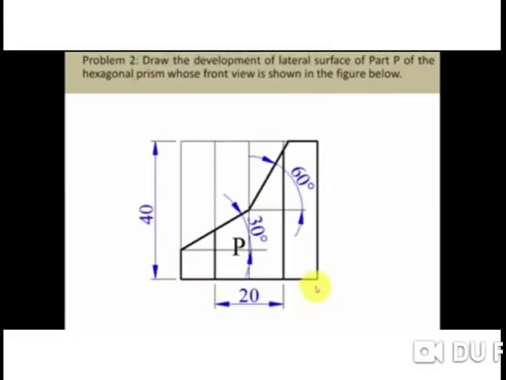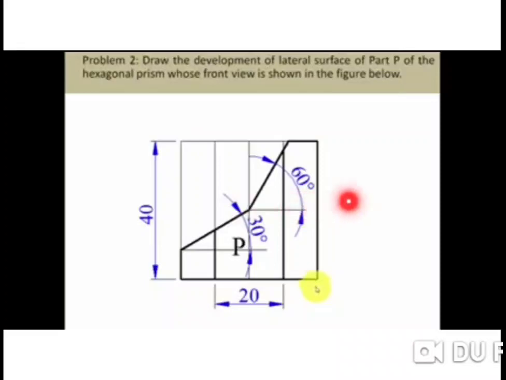Here is the base of the hexagon, here is the top face of the hexagon. How many vertical lines are there? 1, 2, 3, 4 and 5. This is the center line. This is not shown dark. Only 4 dark lines are shown. These are the dark lines. At the center, from this 0, 10, 20, 30, 40, 60, one line is drawn.